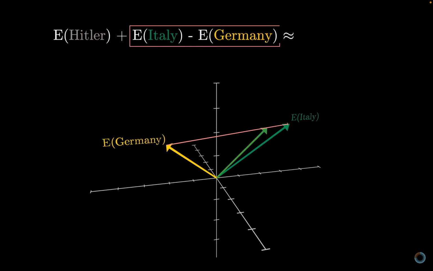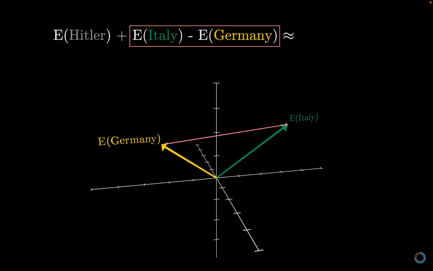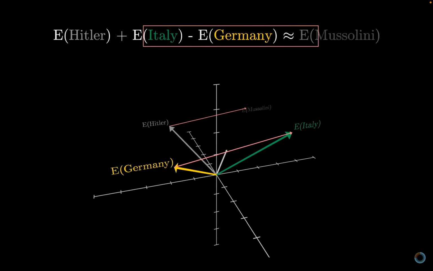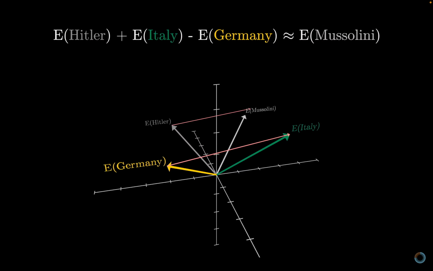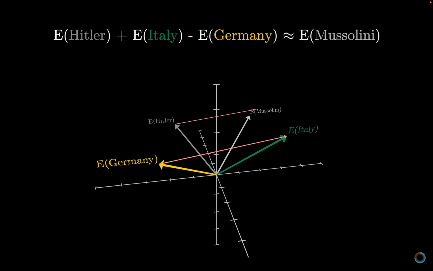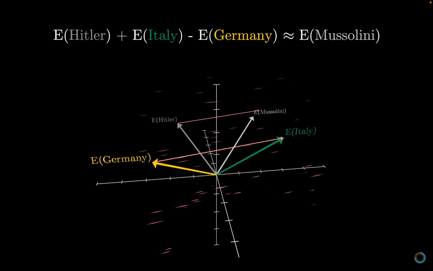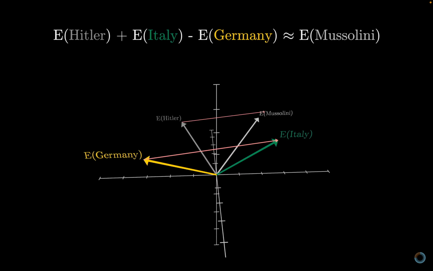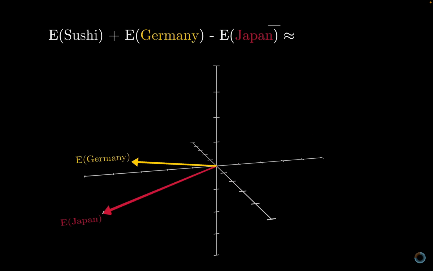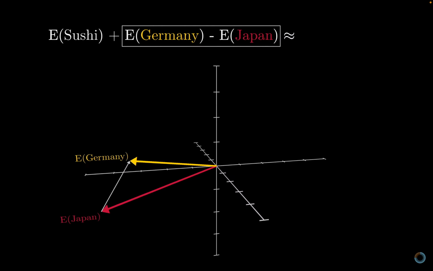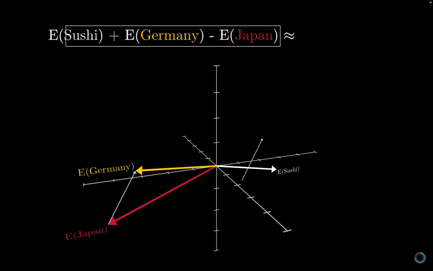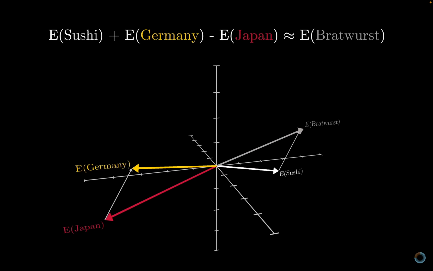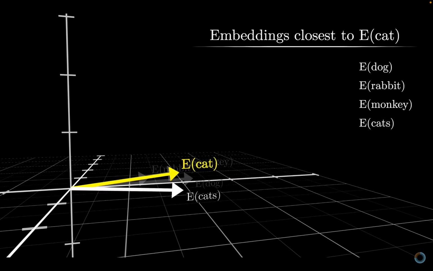Another example is that if you take the embedding of Italy and you subtract the embedding of Germany, and then you add that to the embedding of Hitler, you get something very close to the embedding of Mussolini. It's as if the model learned to associate some directions with Italianness and others with World War II Axis leaders. Maybe my favorite example in this vein is how in some models, if you take the difference between Germany and Japan and you add it to sushi, you end up very close to bratwurst. Also, in playing this game of finding nearest neighbors, I was very pleased